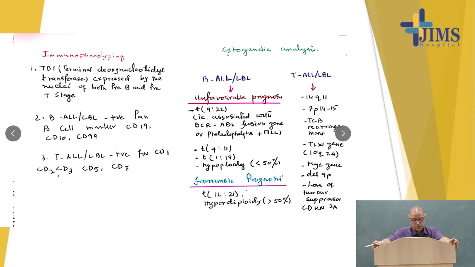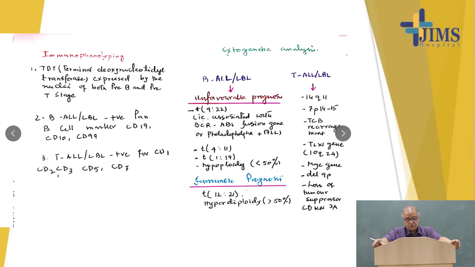And T cell markers: CD1, CD2, CD3, CD5 and CD7. So CD1 to CD7 except CD4 and CD6 are not there. So these are the T cell markers, and B cell markers are CD99, CD10 and CD19. In cytogenetic analysis in B-ALL, LBL and T-ALL, LBL, in B-ALL, LBL, the unfavorable prognosis is the t(9;22) translocation, that is